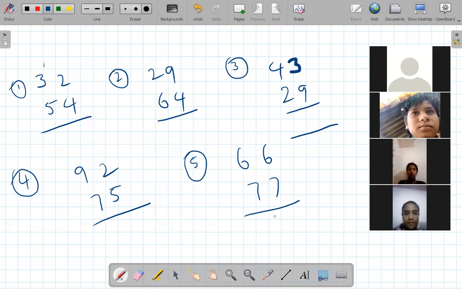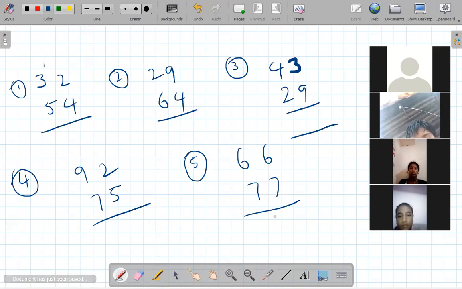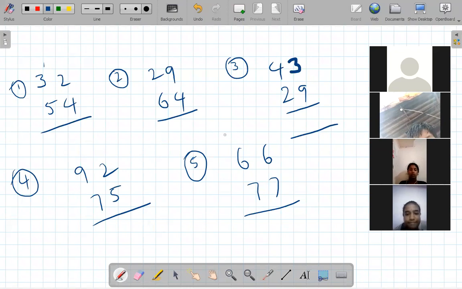So this is the way of multiplying 2 digit numbers. Okay, this is an amazing technique. If you practice, you can do it very quickly, you can save much of the time, and you can get perfect answers also. There will be accuracy in the answers also. Okay, right? So 1, 2, 3, 4, 5. 5 problems are given. So just complete it. Keep doing the work regularly.